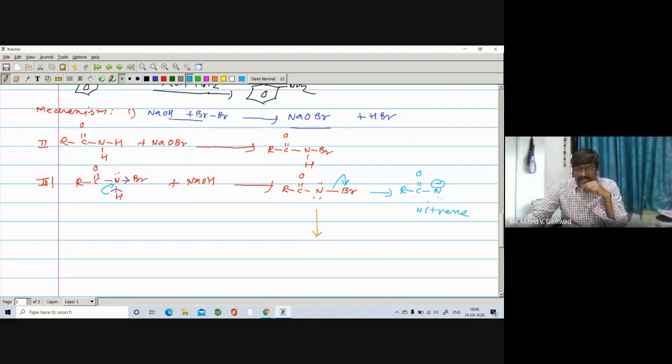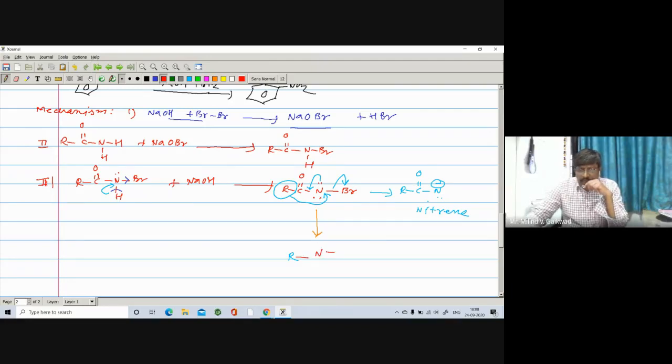This sigma bond opens here, Br negative, nitrogen is having positive. So R along with the electron pair means R negative. R negative will attack on this N positive from this direction. As it opens on the R negative, carbon becomes positive. So this negative will attack here, and there is a formation of a double bond. And you are getting here R, right? This R will attack on this nitrogen.